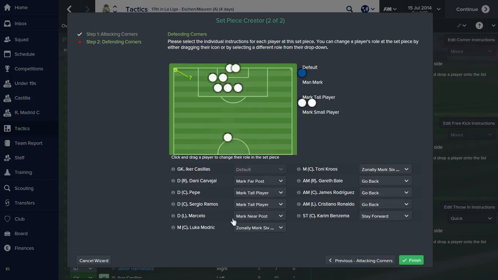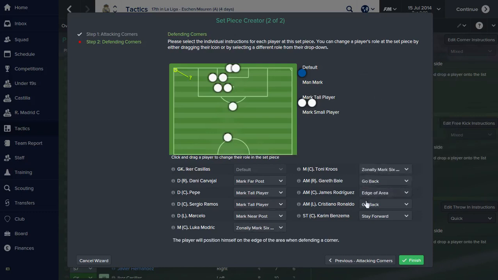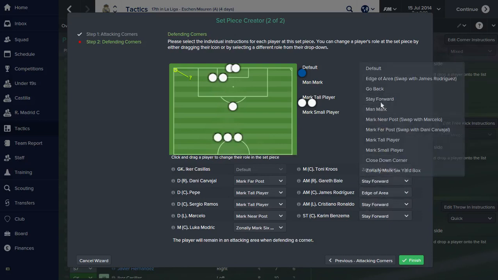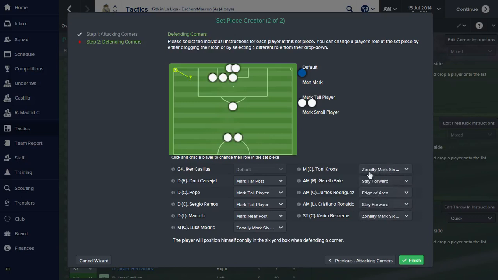Defending corners, your Marcelo and Carvajal mark the posts. Pepe and Ramos mark the tall players. Hamid Rodriguez can go on the edge of the area. Ronaldo can stay forward, as can Gareth Bale. Benzema can go back. So can Kroos and Luka Modric. So what this will do, if you win the ball into the box, you manage to